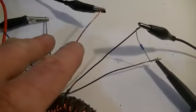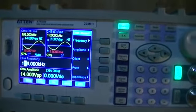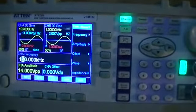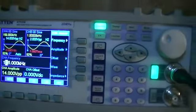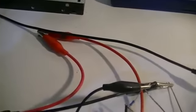The primary coil is going through our amp meter, and the signal is coming from our signal generator. It is not amplified, it is straight out of the SG into the primary coil. Turn our scope back on. Okay, so our